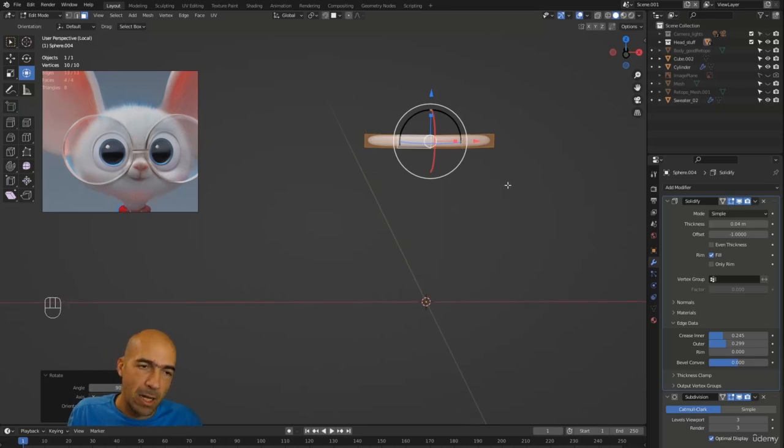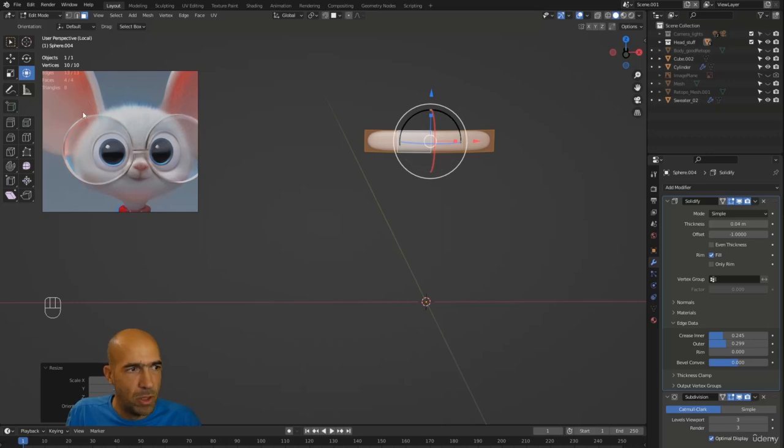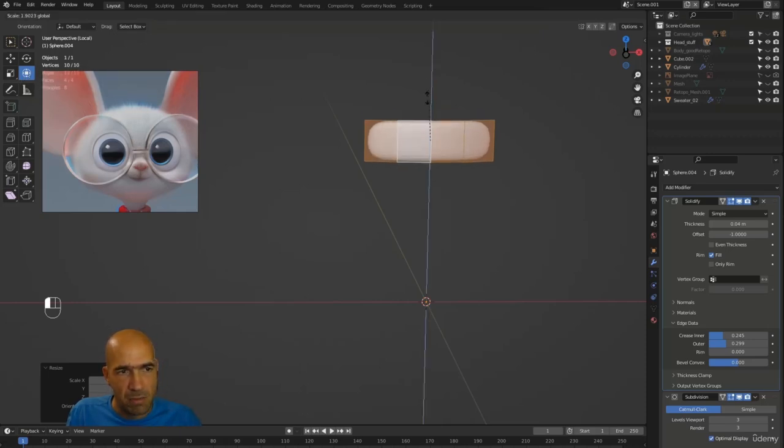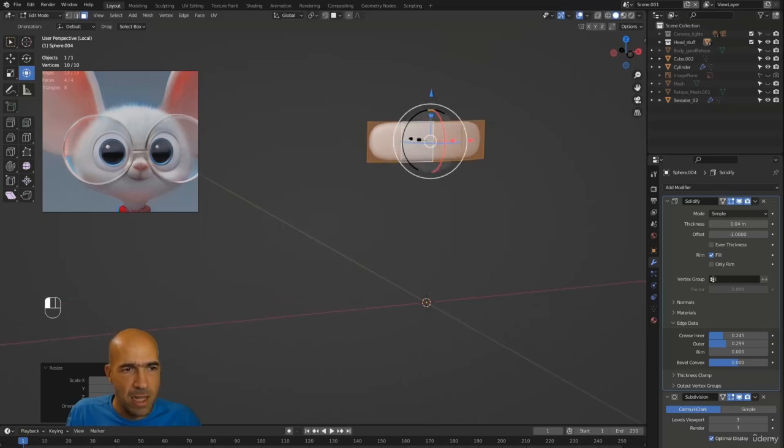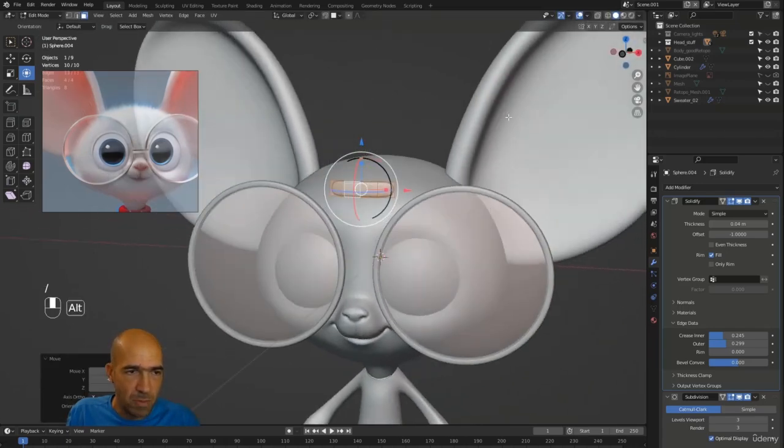Amazing. I know. Now I will do this with the transform gizmo. I can scale it on just one axis, which is Z in this case. I scaled it a little bit, and now I will move it forward on the green axis with the gizmo,